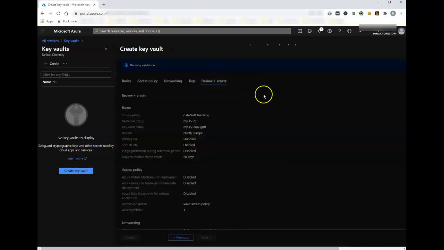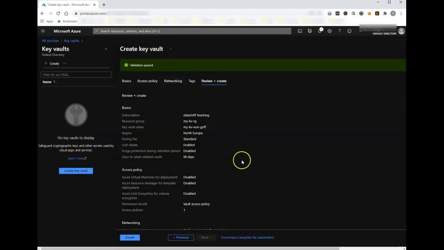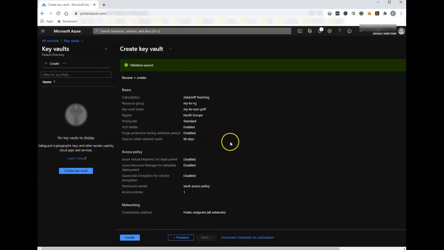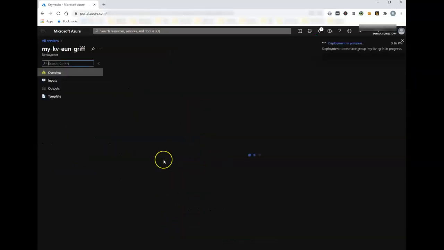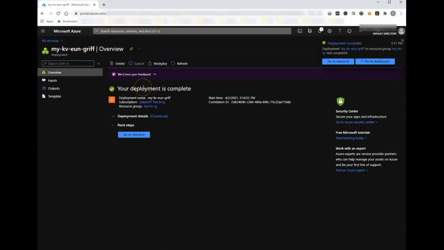I'm going to review and create. It's going to run the validation. So the validation is passed, and we can check all our configuration details just by scrolling down and having a look. Then we click Create. This then submits the deployment to Azure, and we just wait for this for a couple of minutes to complete. Excellent. Our Key Vault is now completed, so we can go to that resource,